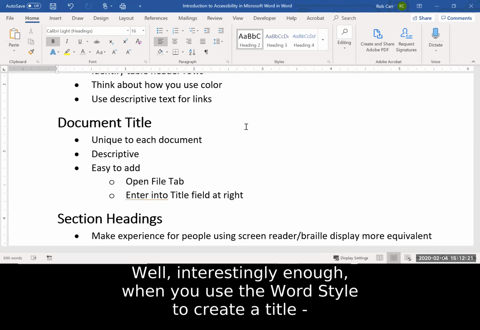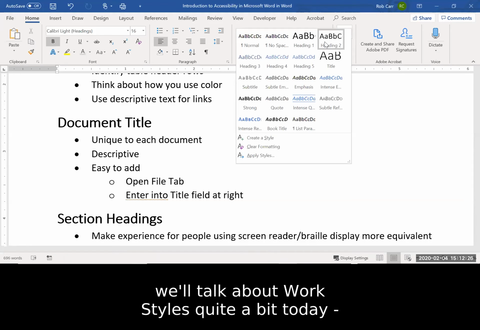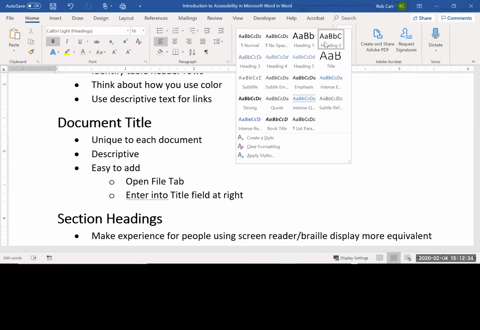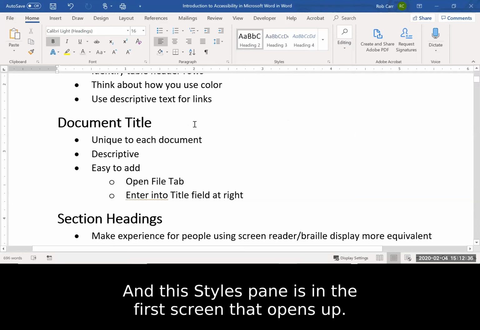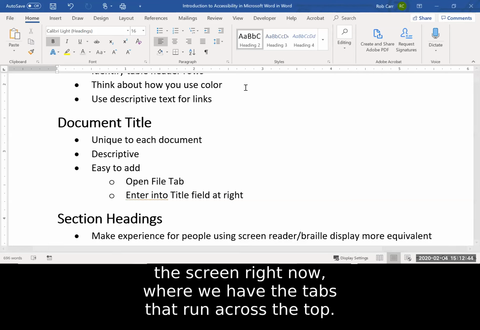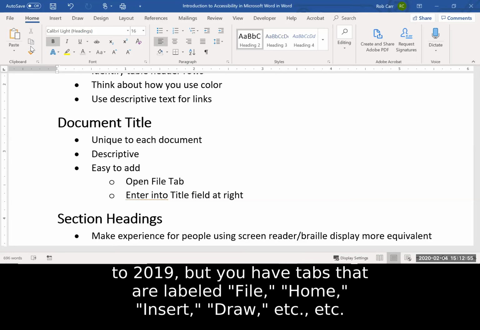Interestingly enough, when you use the Word style to create a title, and we'll talk about Word styles quite a bit today, I'm showing on the screen some of the styles that are available in Word. This styles pane is in the first screen that opens up whenever you open a Word document. It's going to look generally like it looks on the screen right now, where we have the tabs that run across the top. I think these are consistent from certainly 2016 to 2019, but you have tabs labeled File, Home,